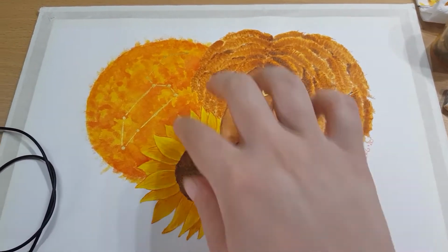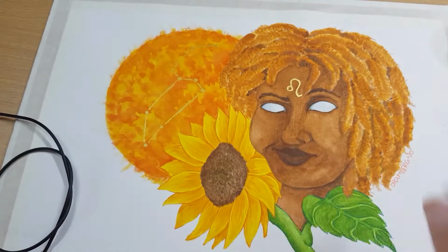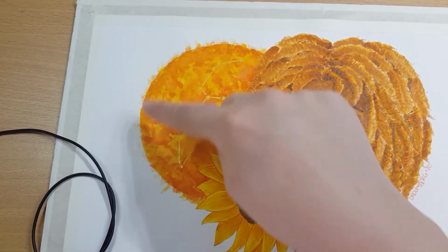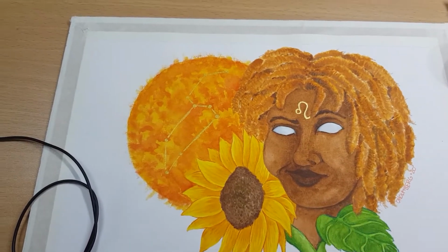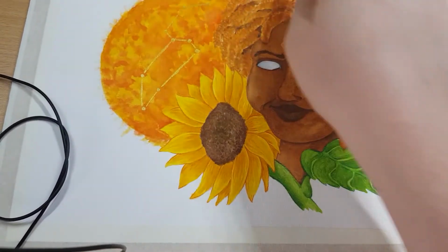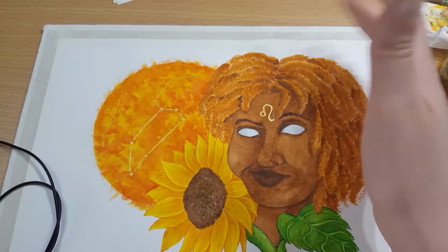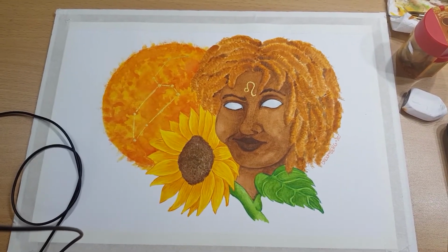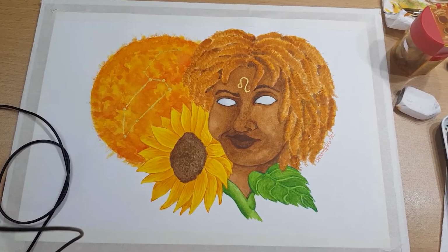And then we come to, apart from the petals and this area of her face, my favorite part of the piece, the sun. Even though I could have worked a bit more on getting the outline of the sun a bit less harsh, I think it turned out really cool. And I think I got the ray thing working pretty nicely. So all in all, a piece I'm far from satisfied with,